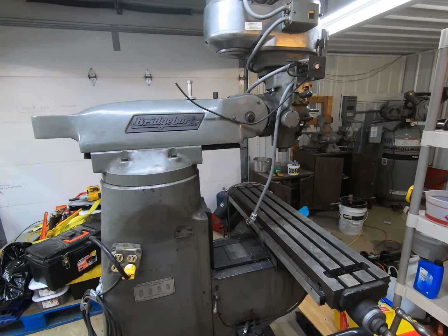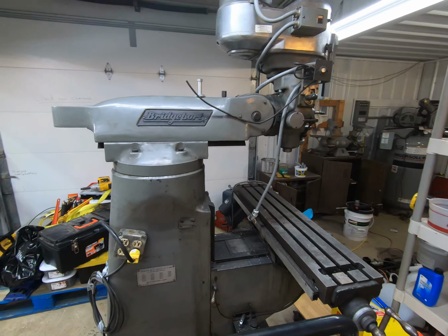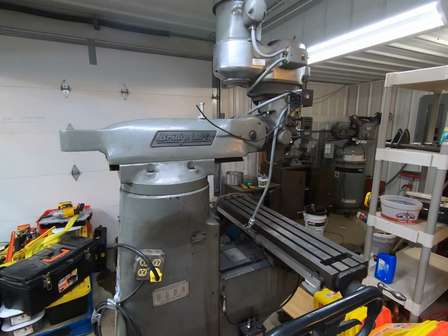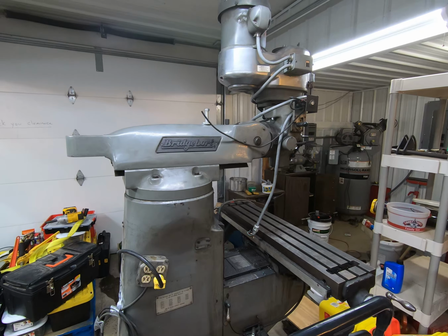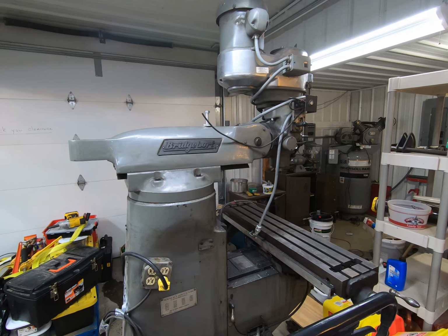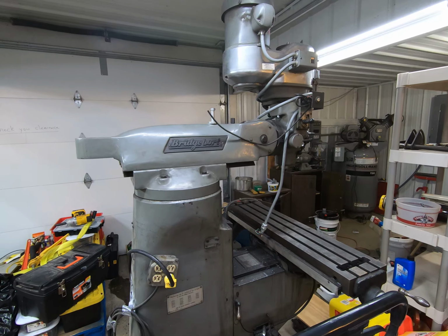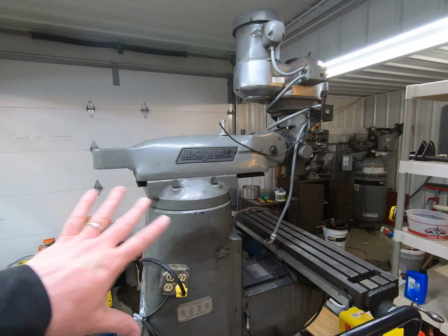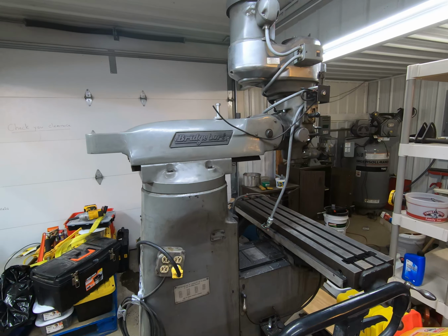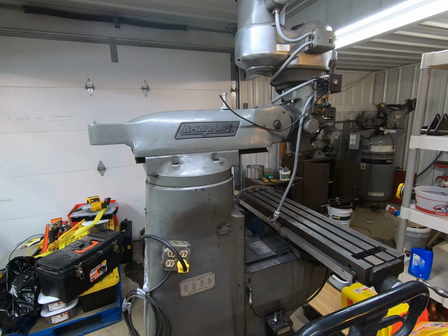For those of you that watch Squatch 253, they've recently got a mill. It's not a Bridgeport, and you don't need a Bridgeport. Any mill will work. It can be a Chinese knockoff, whatever fits your budget. But something like this, a precise drill, for lack of a better term, is really, really beneficial to a shop,